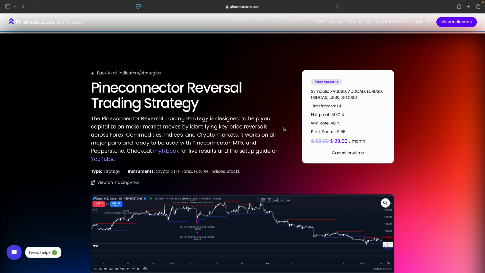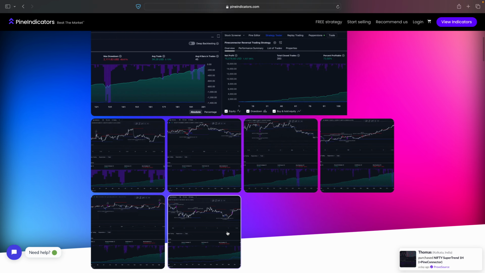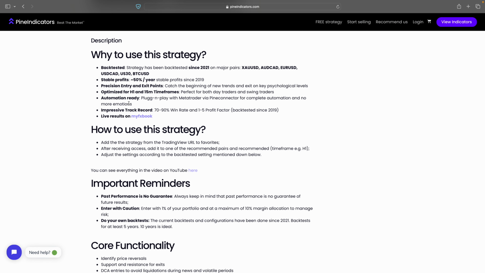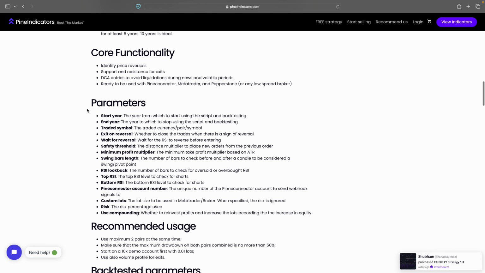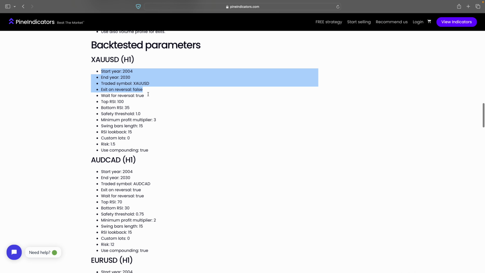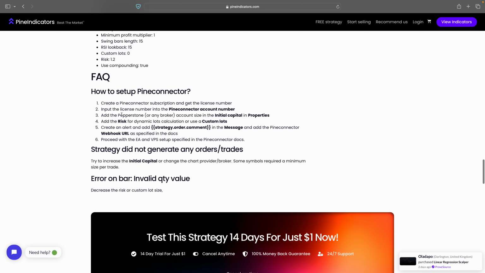Currently I backtested only on 6 pairs that are mentioned here, and you can see here the screenshots of the performance of each backtest. And also you can scroll here and read the logic of this strategy and the description of each parameter. And also here at the bottom you'll see the parameters customization for each specified symbol there. And also here you can find how to set up with Pineconnector, because if you want to automate this